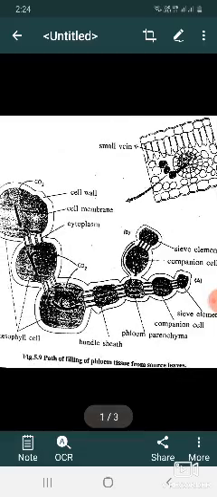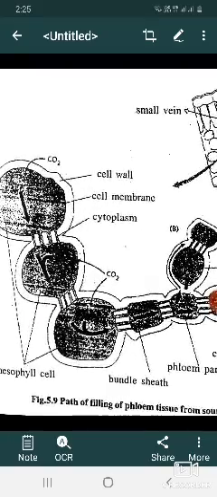Today my topic is lateral transport in plants. So, in lateral transport,